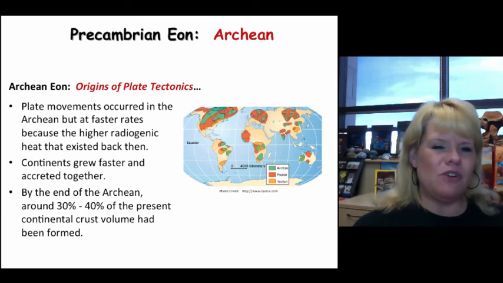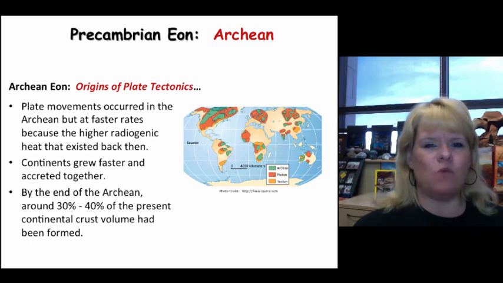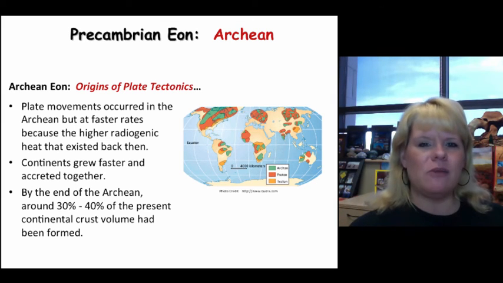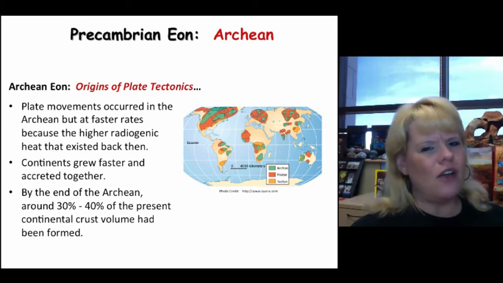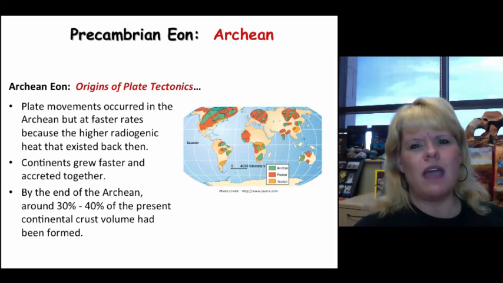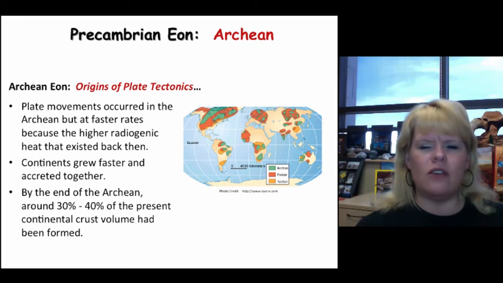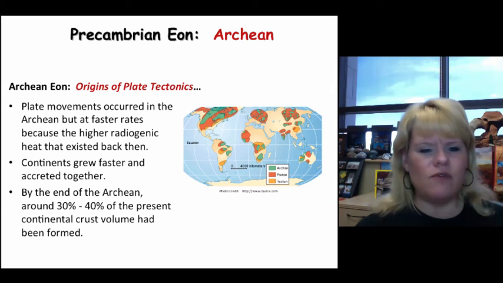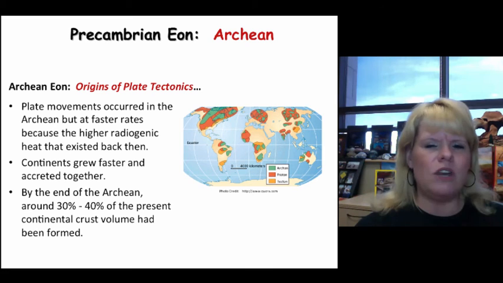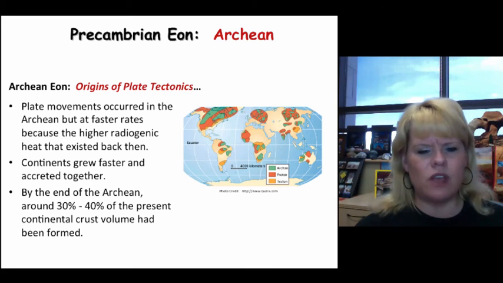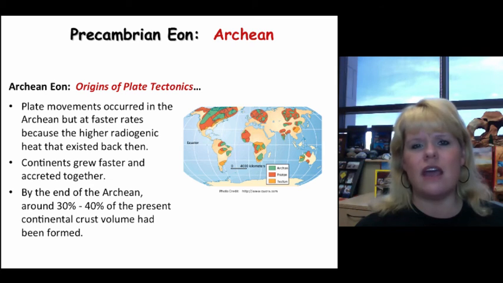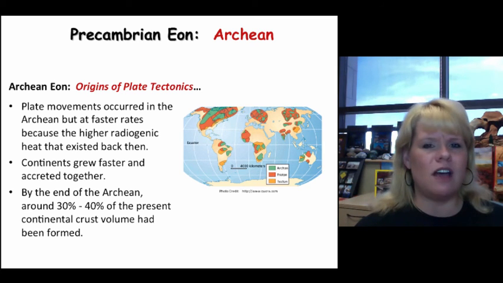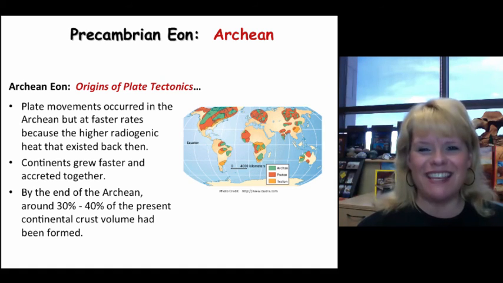We know that sometime during the Archean, plate tectonics was well underway, and that plates were moving around fairly quickly as compared to what we'll see in the Proterozoic and certainly during the Phanerozoic. We had higher radiogenic heat left over from the Hadean, and through the Archean that would cause continents to move at a much faster rate. We would have had hotter volcanoes, hotter lava flows, but by the end of the Archean we know that we had cranked out at least 30 to 40% of the present continental crust that we see today across the globe. So that's pretty impressive, a busy time for creating continents back in the Archean.